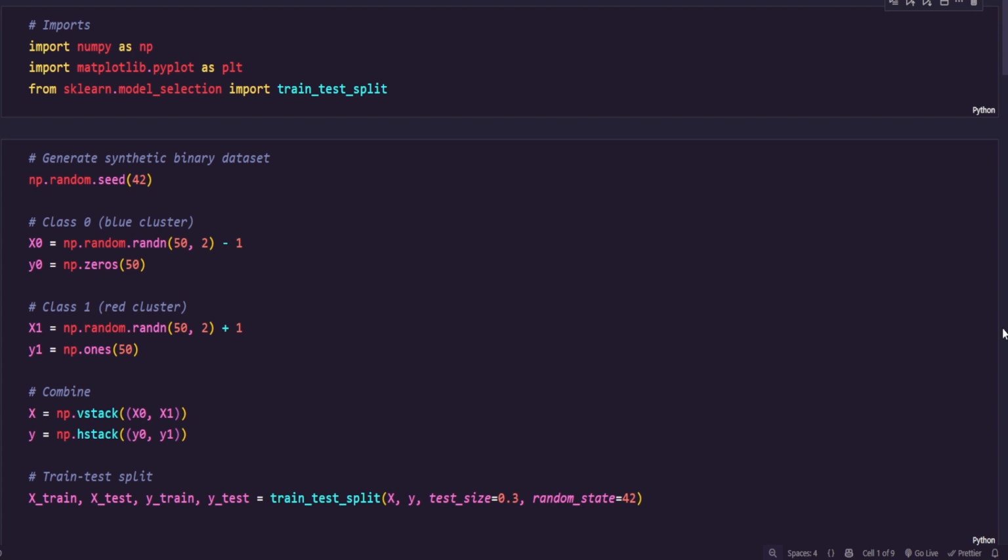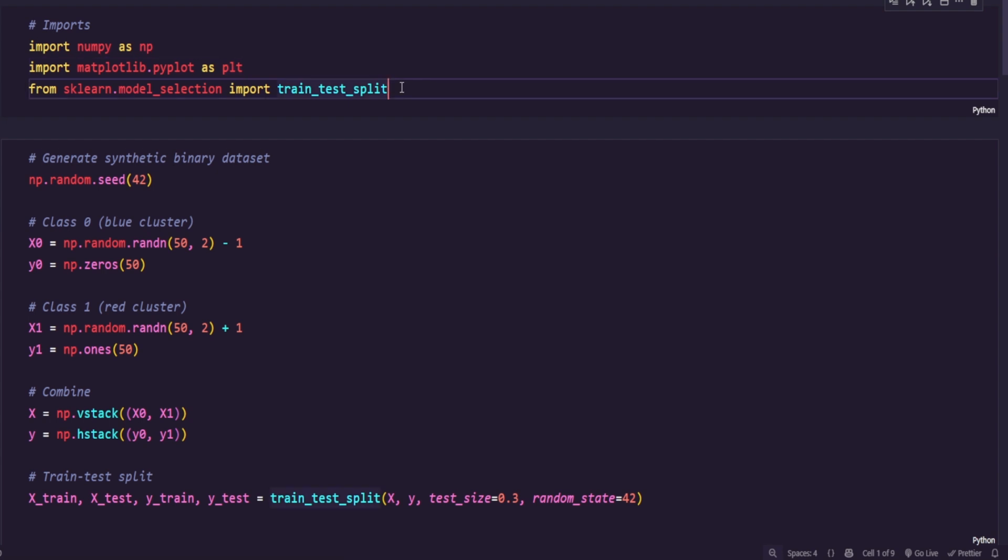Alright, let's start with the very first step of our classification implementation, imports. Here we are bringing in the libraries that we will need throughout the project. First we import NumPy as np. This library is super powerful for handling arrays, mathematical operations, and numerical computations. Next, we have matplotlib pyplot module imported as plt. We will use this to visualize our data and also to plot results of our classification model.